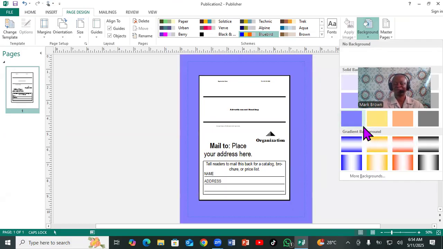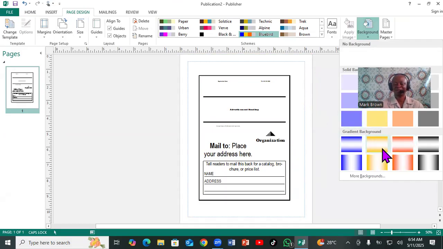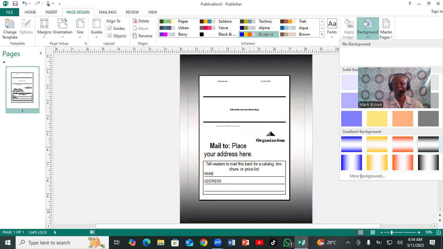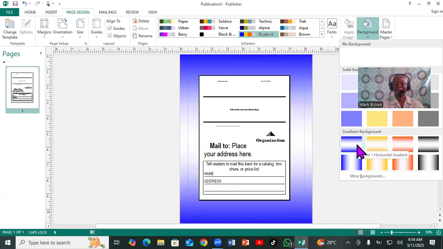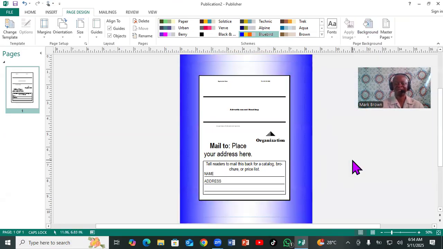Notice each one I put it on. You notice right over here, you notice it shows up. You notice you give it a nice texture right there. Like that. You notice you give it a nice blue, a nice texture just like that. So if you notice, this is exactly how it looks. So this is where you actually add the background right here in